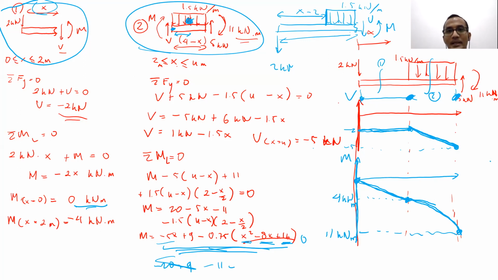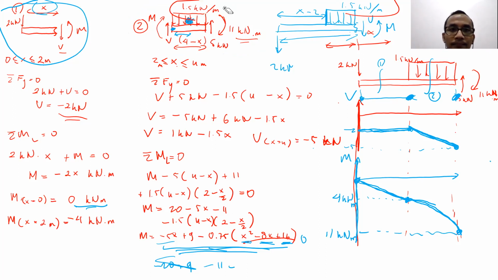Remember, in order to calculate the representative concentrated force, you have to multiply that 1.5 kilonewton per meter with the length of the distributed force, right? Yes. 1.5 kilonewton per meter multiplied by 4 minus x. 4 minus x there is the length of the distributed force. So the distributed force